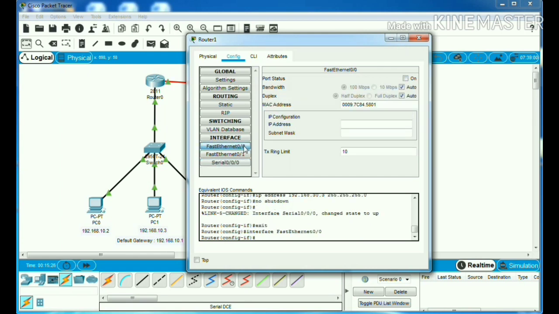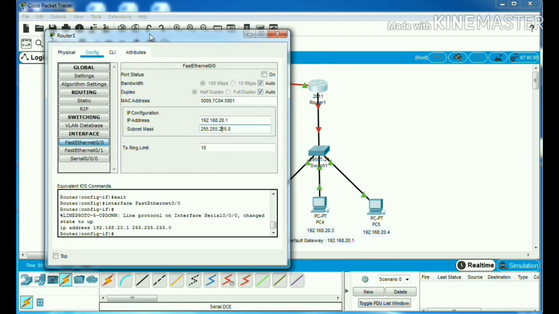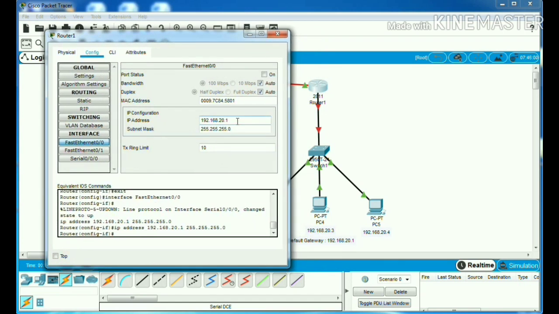Click on fast Ethernet 00. IP address be 192.168.20.1, which is the same as the default gateway of PC3, 4 and 5. Now turn it on and close it.